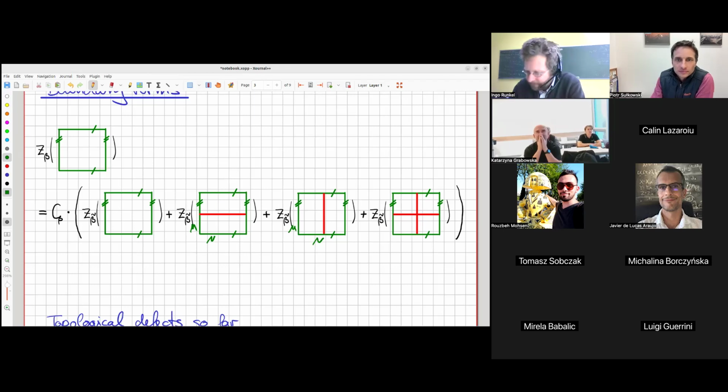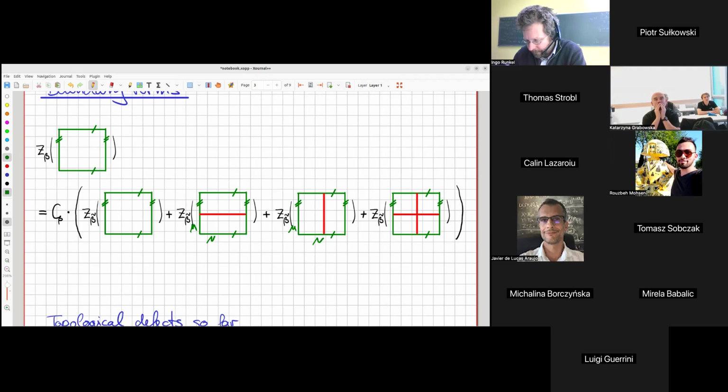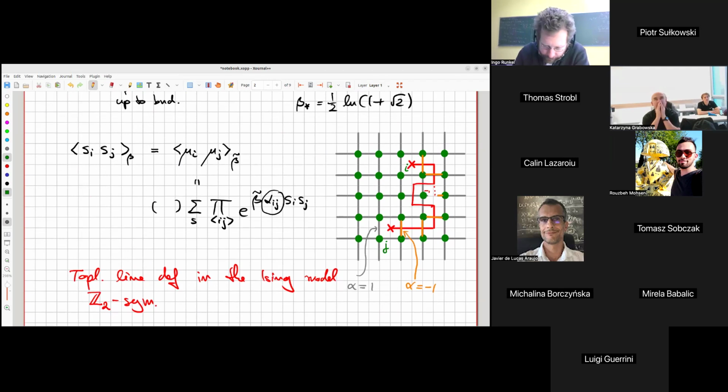So this red line is you just, whenever there's a crossing of an edge going across it, then you add this alpha ij. So the alpha ij I'm thinking of as always being there, but it can either be 1 or -1, right? Okay, so maybe I missed it. So what do you do when you add this defect?